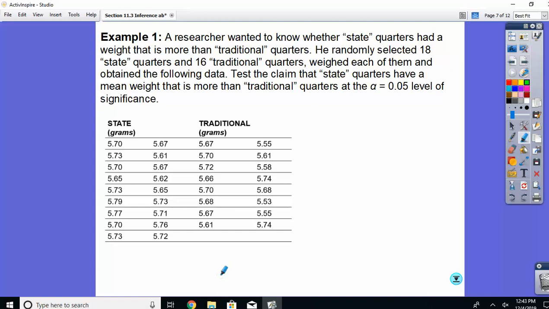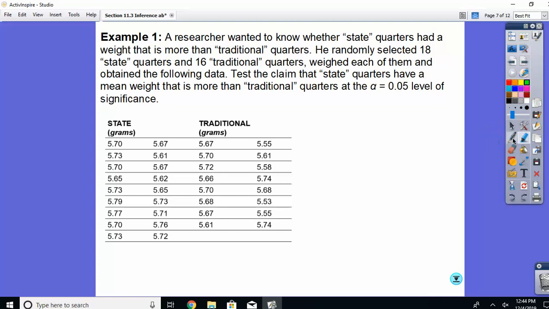A researcher wants to know whether state quarters had a weight that is more than the traditional quarters. He randomly selected 18 state quarters and 16 traditional quarters, weighed each of them, and obtained the following data. Test the claim that the state quarters have a mean weight that is more than the traditional quarters at the alpha equals 0.05 level of significance. Okay, so we always start